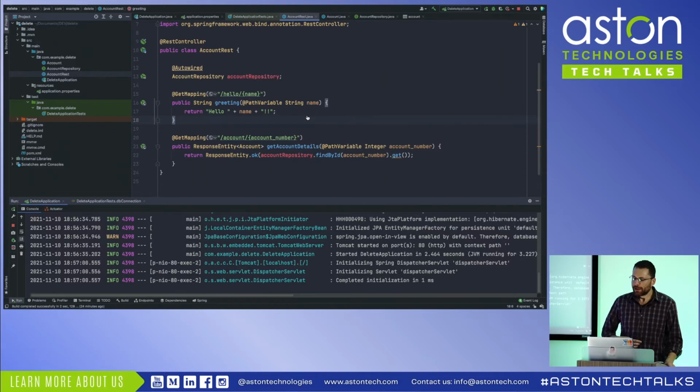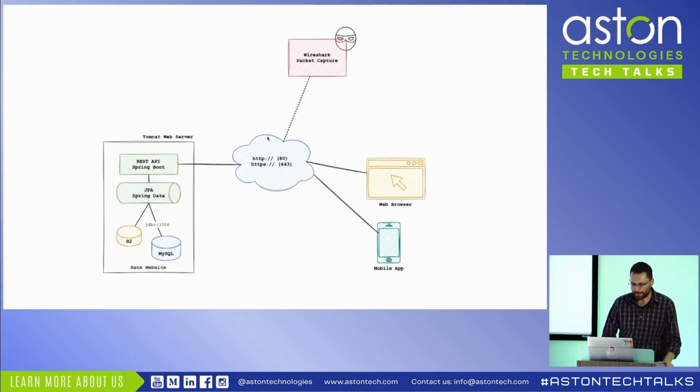So in order to do that, I don't really need to change anything about my API, but more, actually, I'm gonna go back to our diagram. More so, I need to change the protocol that Tomcat is listening on, right? By default, Tomcat was listening to HTTP traffic, and by default it's on 8080. I overrode that to port 80, but I need to continue to configure Tomcat to operate using SSL or TLS